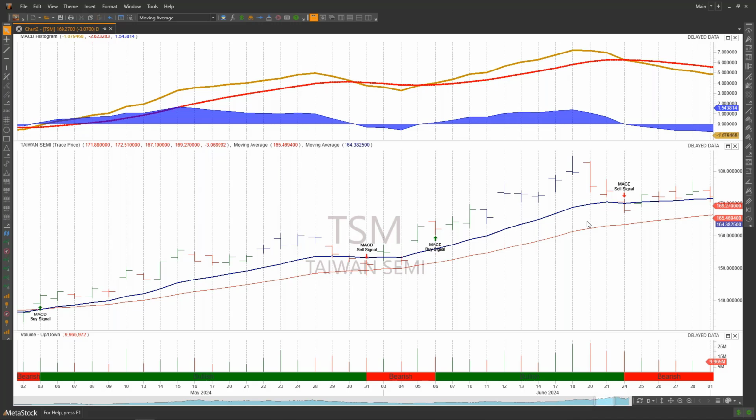Another common method for MACD is to look at whether it's overextended, whether it's overbought or oversold. If it is, we might say there is a reversion to the mean possibility. And the more overbought or oversold it gets, the more likely it is to have a reversion to the mean type of indication.